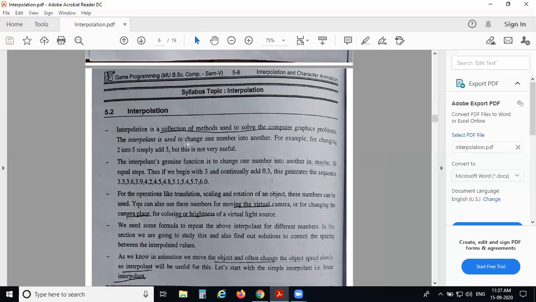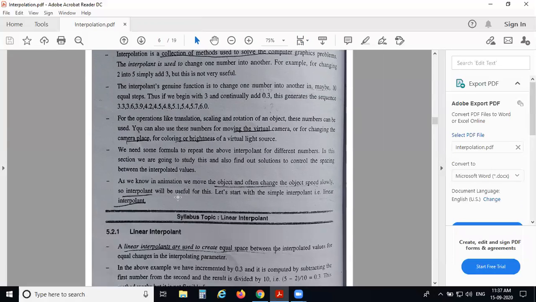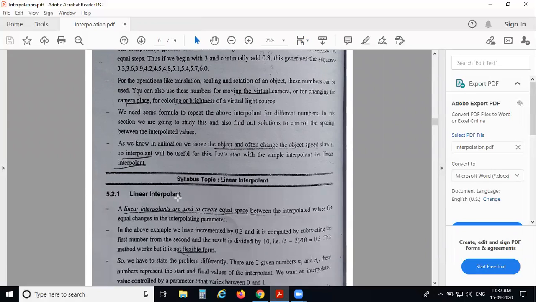So we need some formula to repeat the above interpolant for different numbers. In this chapter we study particular solutions to control the spacing between the interpolated values. So in animation we move objects and often change the object speed slowly, and so the interpolant will be